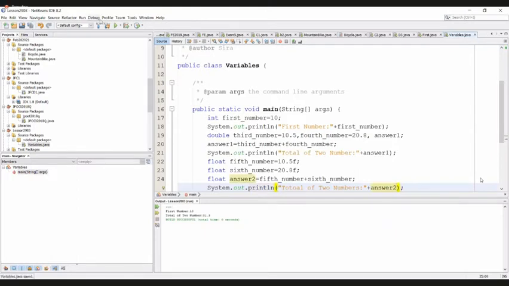Right, save the program and run it. And you can see that the same result appeared.